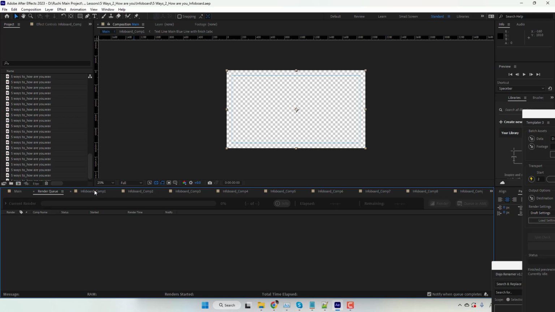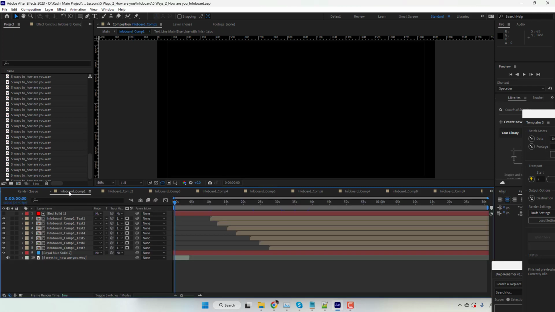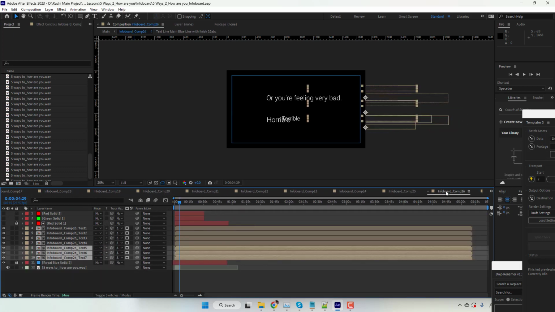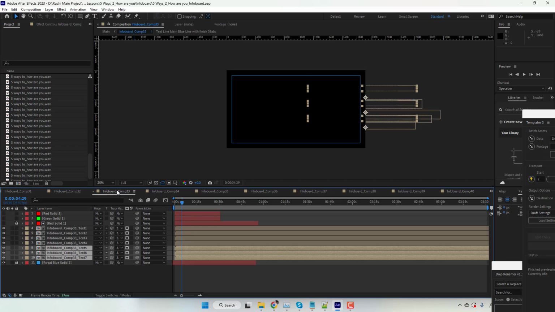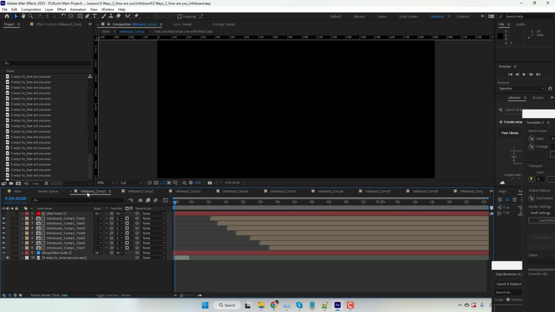And what we want to do, okay, so we have Infoboard comp 1 here, comp 2, comp 3, and it goes all the way down to comp 40. Now you probably won't be using all of the comps. It depends on the lesson. So first what we're going to do is go to Infoboard comp 1, and